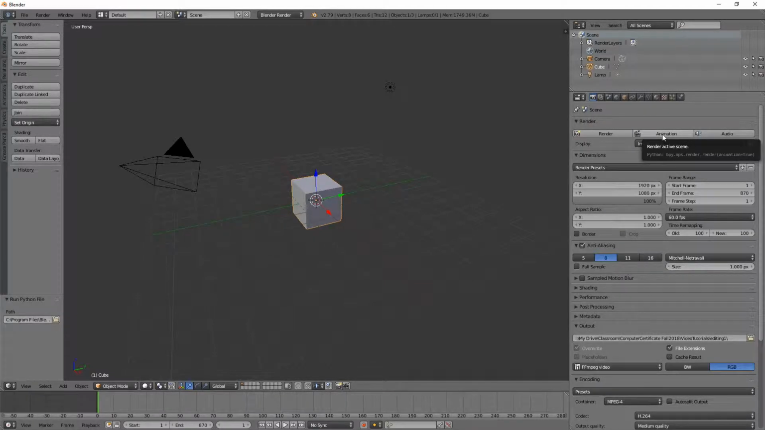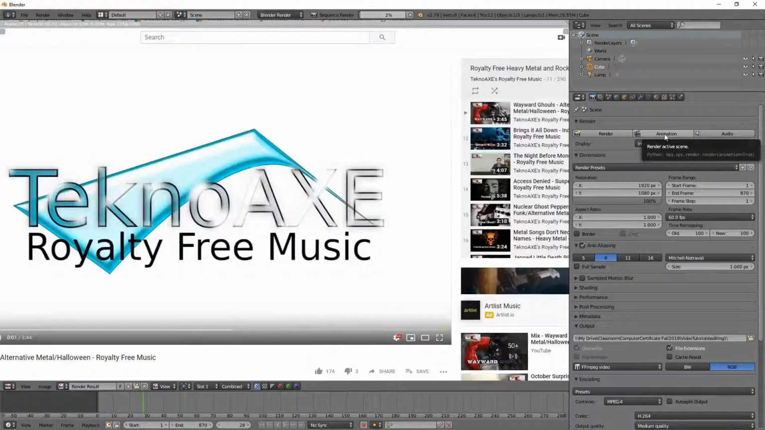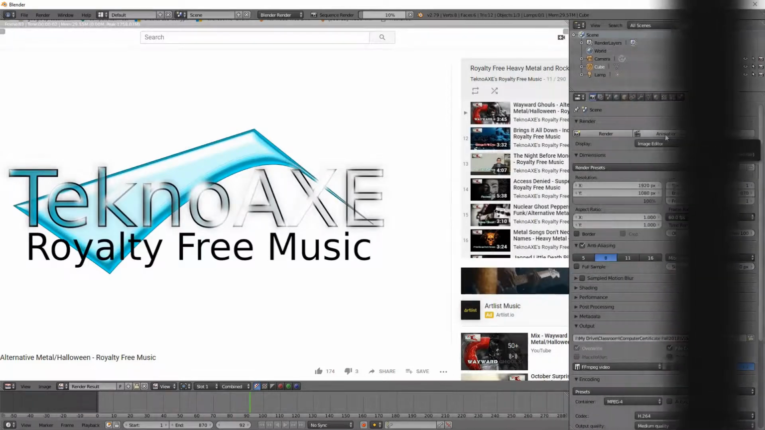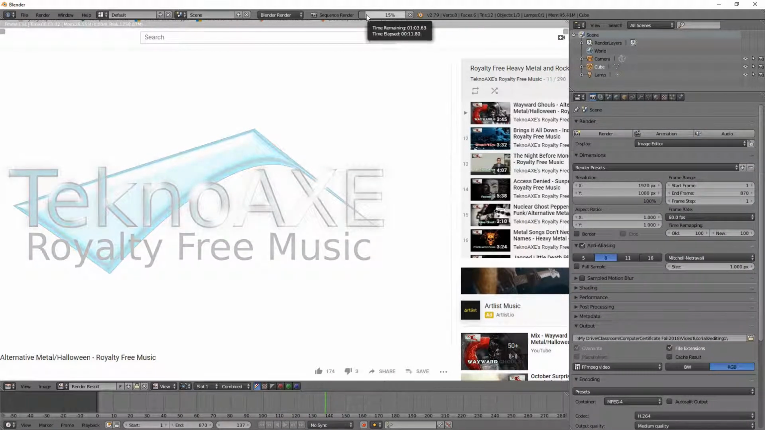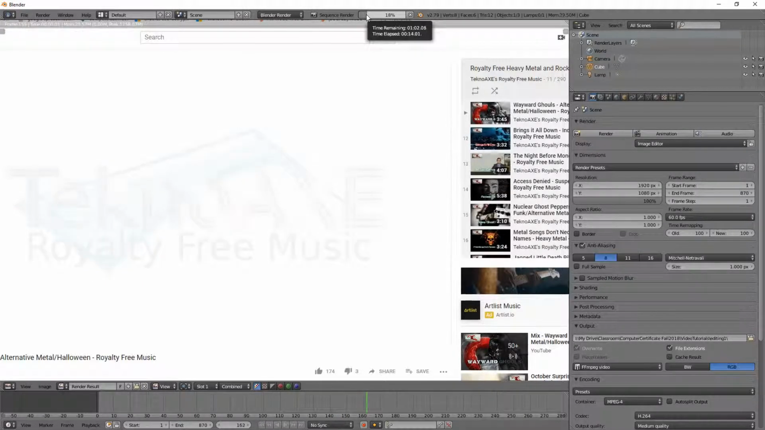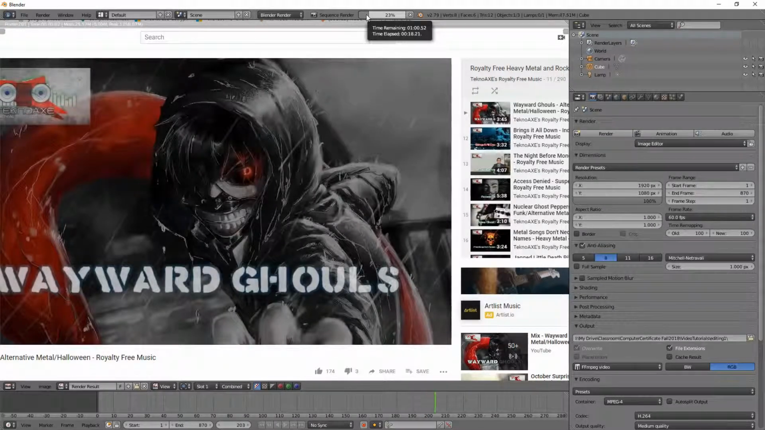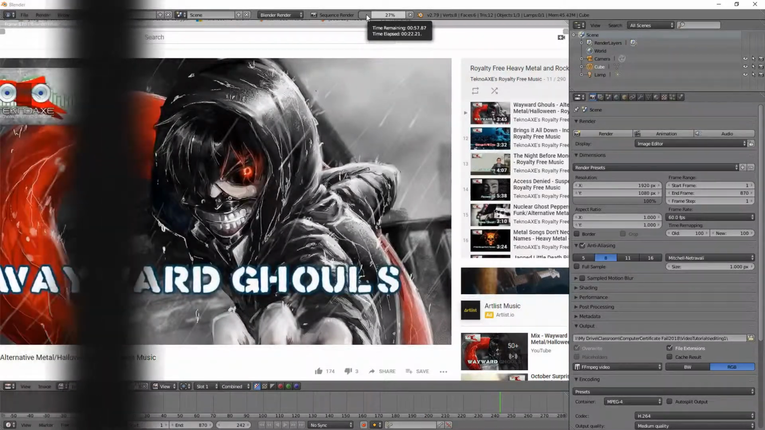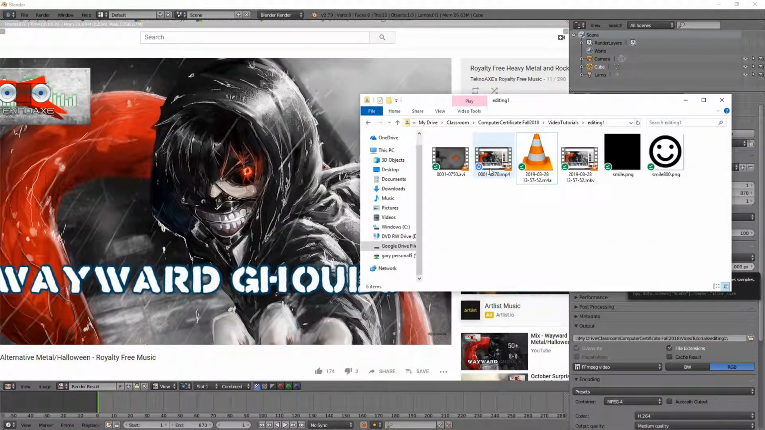And then if we click the animation button, you can see the progress of your rendering up at the top, and it gives you an estimate of how long it's going to take. So we have an estimated time remaining of 59 seconds. And then if we look in our output folder,